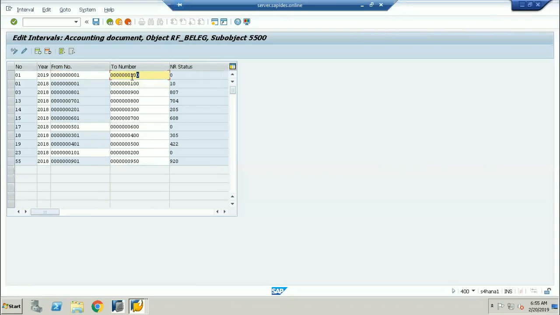Okay. Now you can do 100 postings, from 1 to 100 postings. Now if I press enter, now I can save it. So these are the activities. So once you have completed all the year-end closing activities, before you go for a new year,